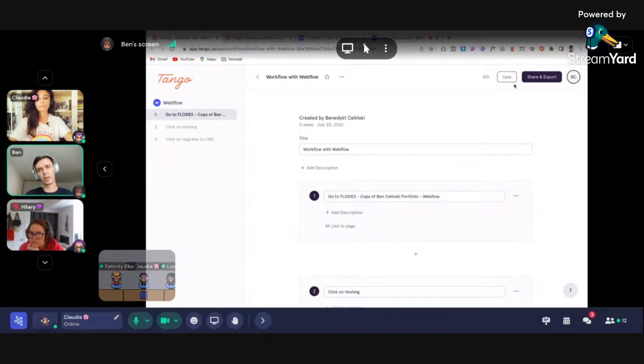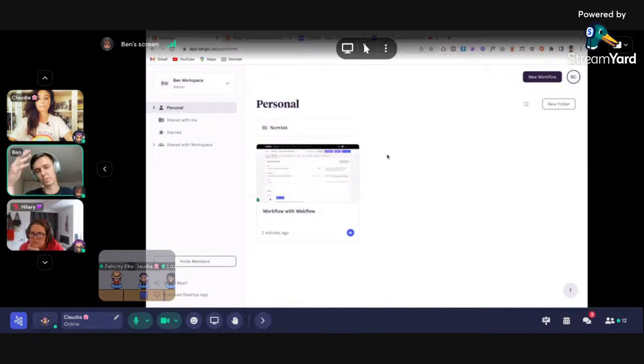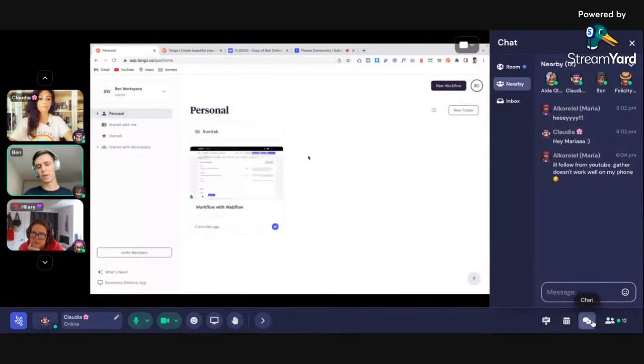You can share a link, you can create whole folders for it, and have comprehensive guides or documentation around things if needed.